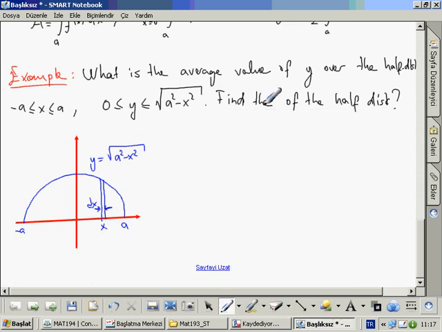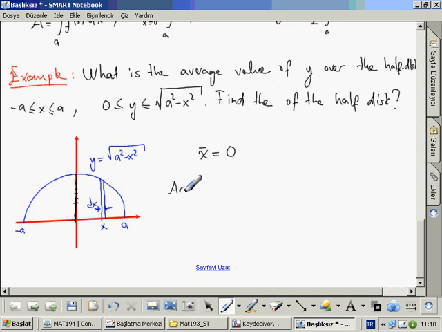So of course by symmetry the centroid lies on the y-axis, so the x coordinate is, that means x bar equals 0, okay,